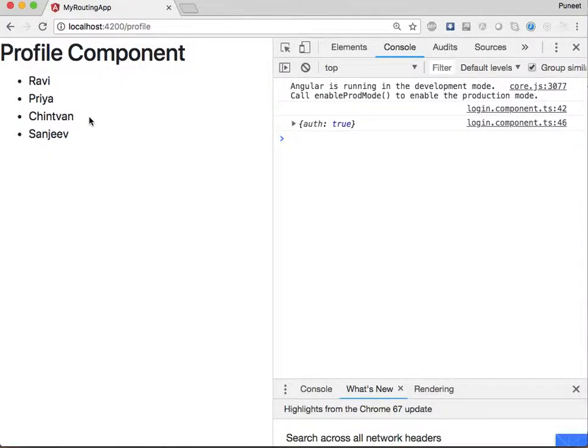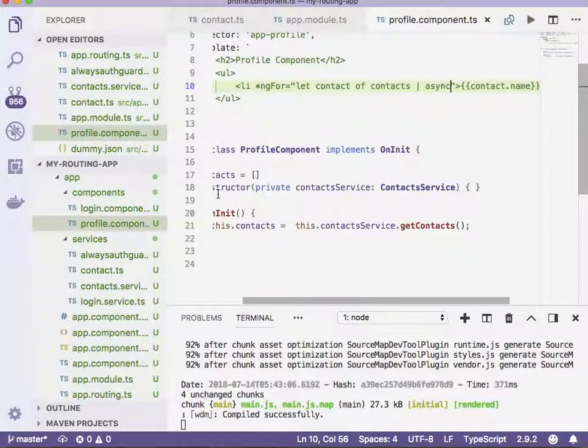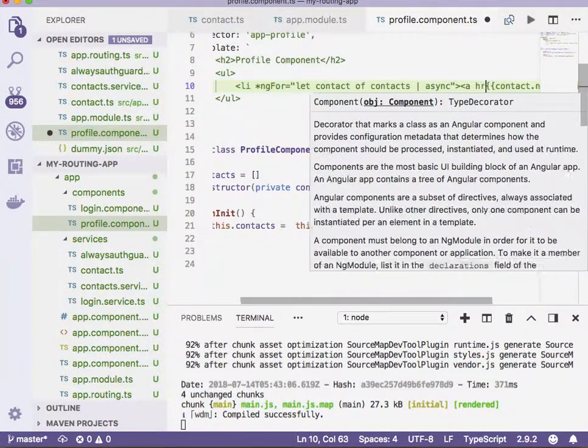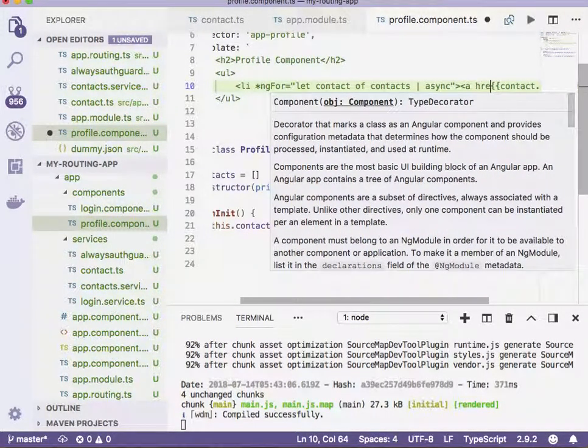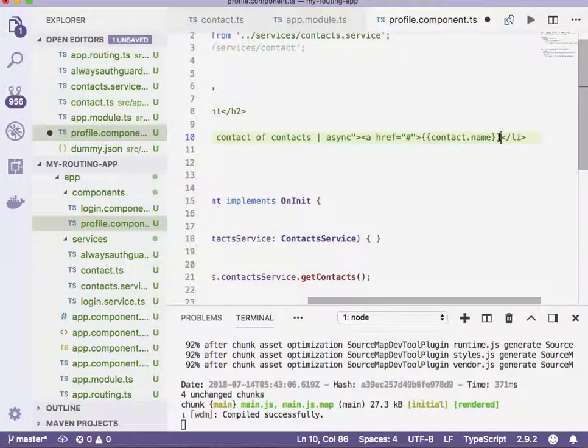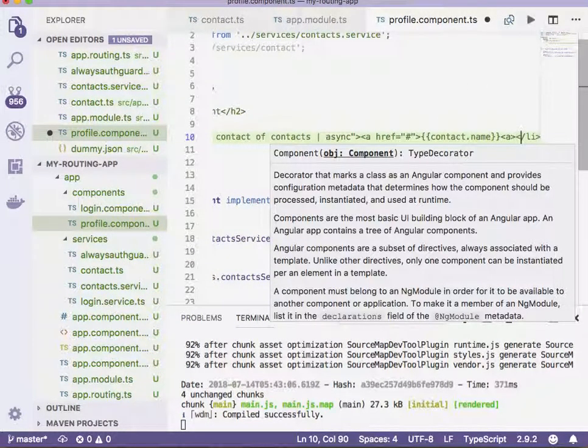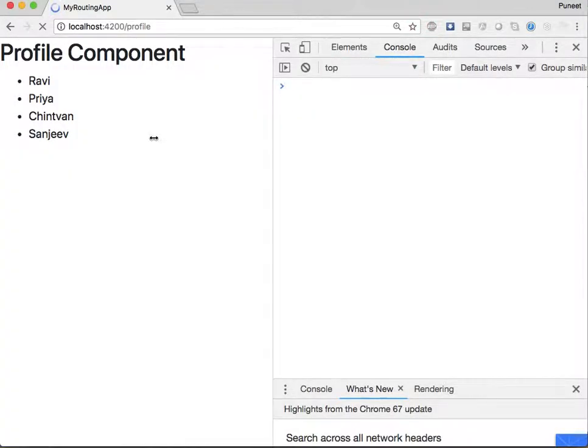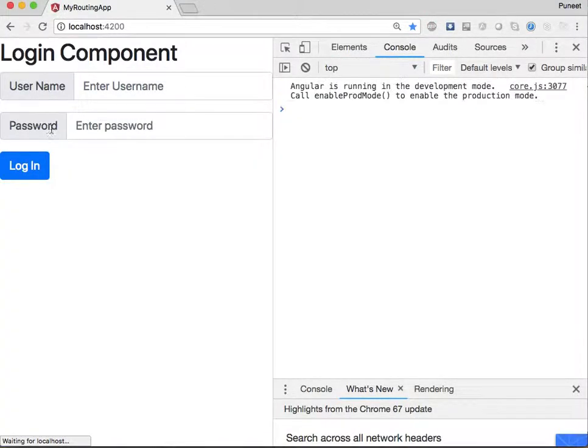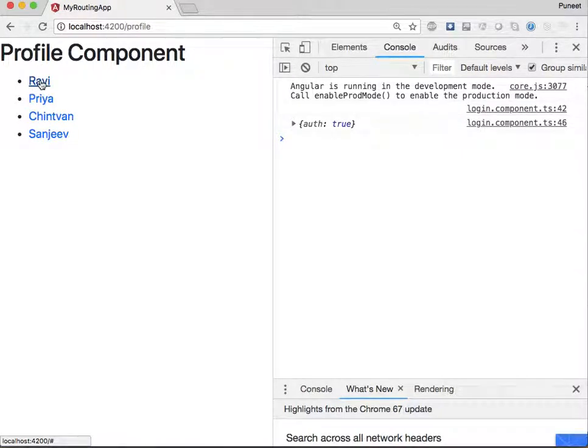So we have looked at how to get the data. Now the next thing, of course, is I just wanted to create a link right over here on this contact name so that it can display a detailed contact. So I just type in here href, maybe as of now to start with, and close this right here. Now if I do this, it displays as a link,